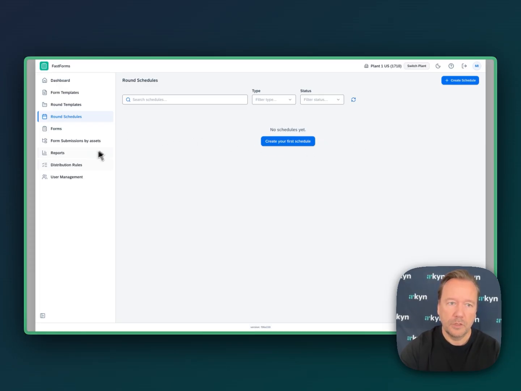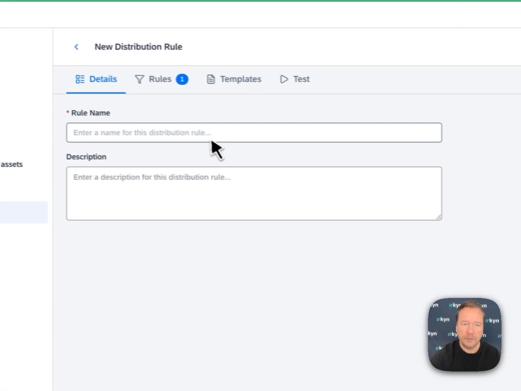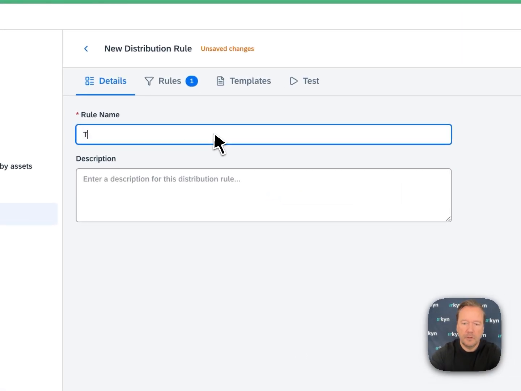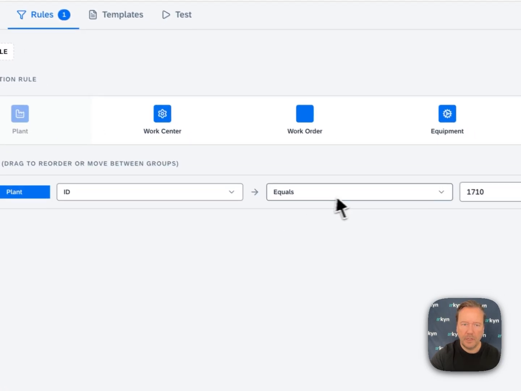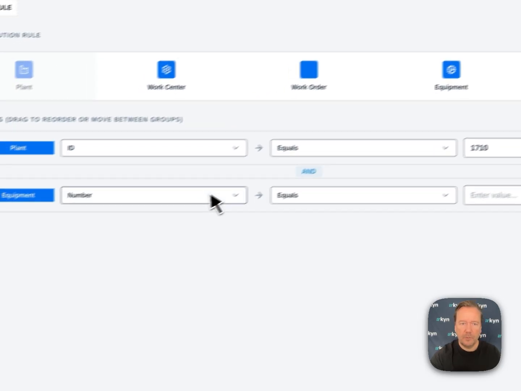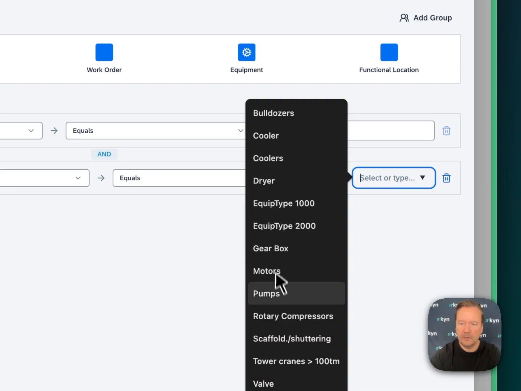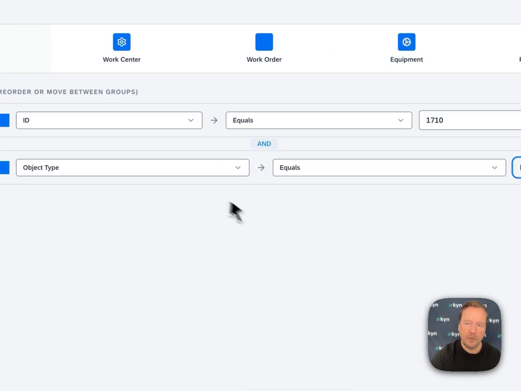You can also do the distribution rules that will tell you when a form and checklist should be assigned to a specific work order. So if I just create a new distribution rule here, saying pump inspection, then I can jump to the rule field and say, okay, if my plant equals 1710 and my equipment type equals this pump, then this must be filled out.